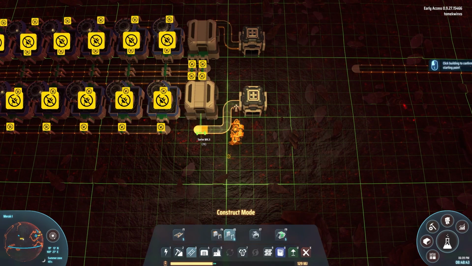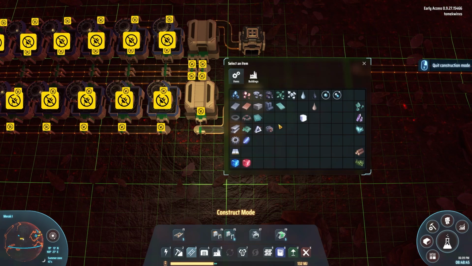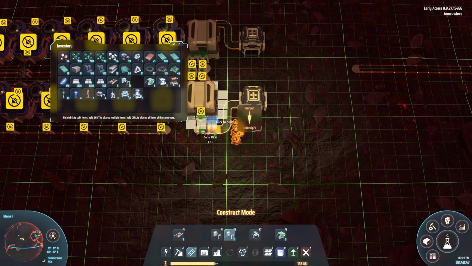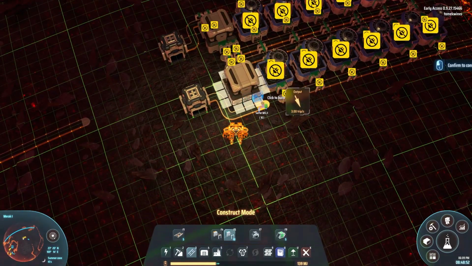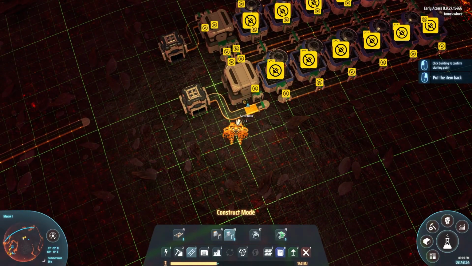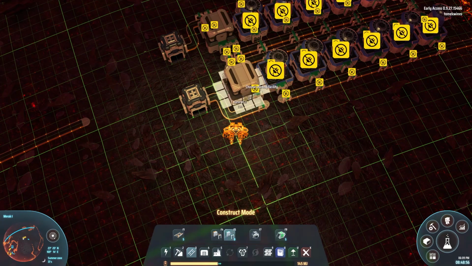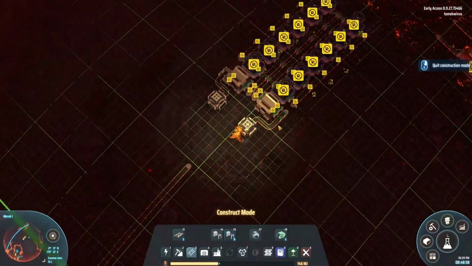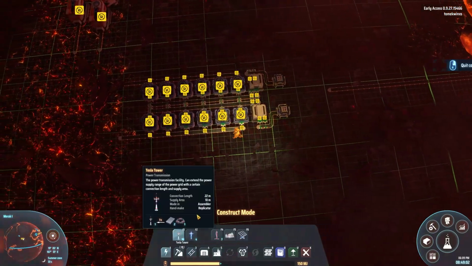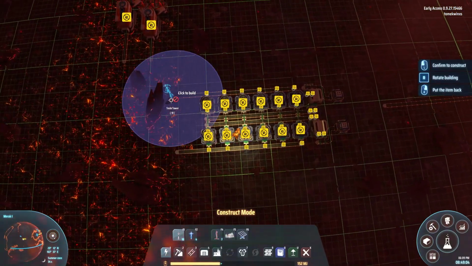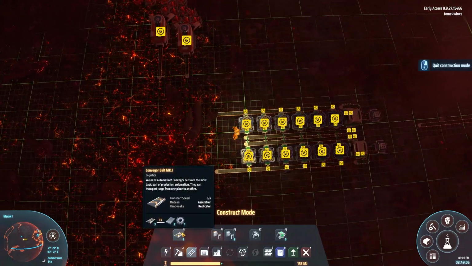And we'll do output and output, output, and output. Okay, excellent. So now we just need to give this power, and we need to finish up our mining machines